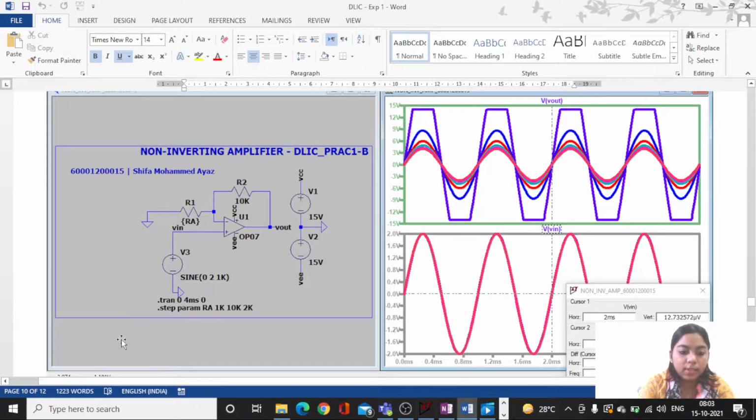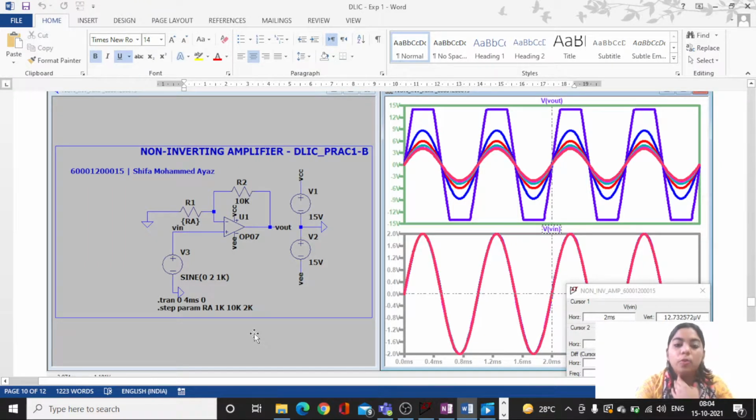What I've done is added a PSpice directive, that is dot step param, where this is your resistor RA, starting from 1K to 10K in steps of 2k. So first it would be 1k, then 2k, 4k, 6k, 8k, and finally 10k.